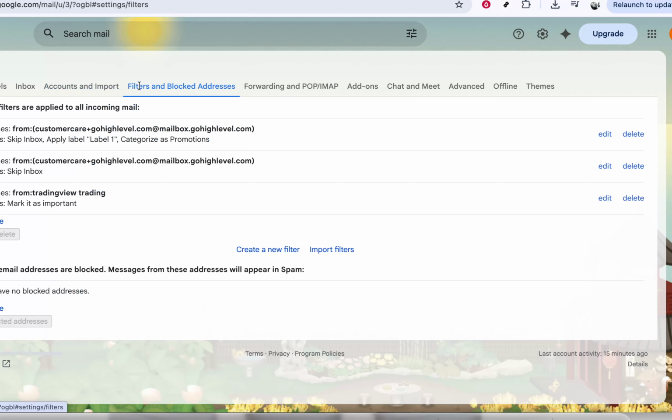If you don't see their messages right away, remember that this only affects new emails going forward, not old ones. And that's it. You've successfully unblocked